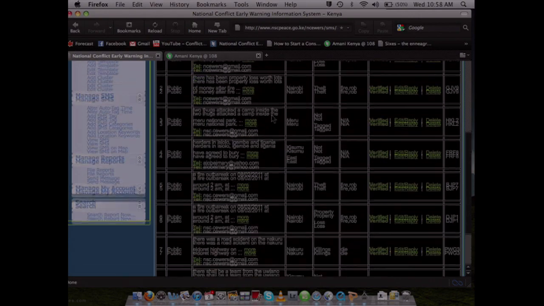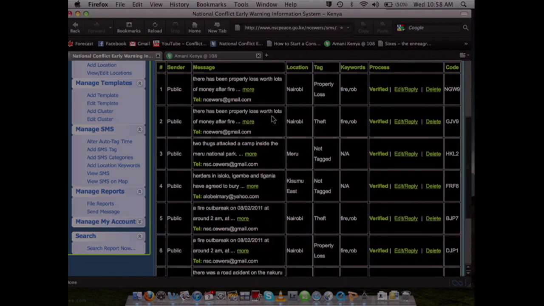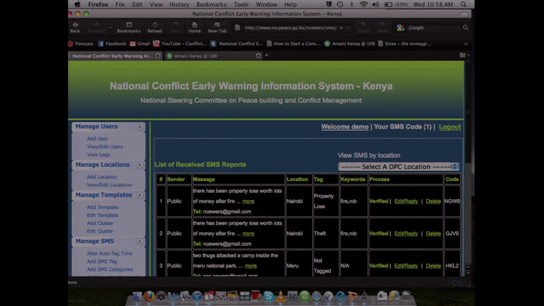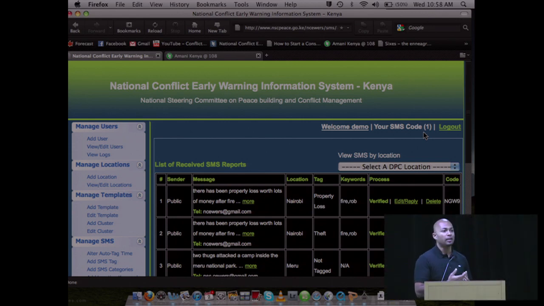And then as a monitor on the field, I'm assigned an SMS code, which you can see here. My SMS code is number 1. So for example, if I am in Nairobi, but I'm supposed to be based out of another part of Kenya, and I get intelligence that something is happening where I'm supposed to be based, I can send an SMS from my phone with 1 and then hash and then whatever the SMS is, and I'd be able to notify the Situation Room that it's me who's reporting,